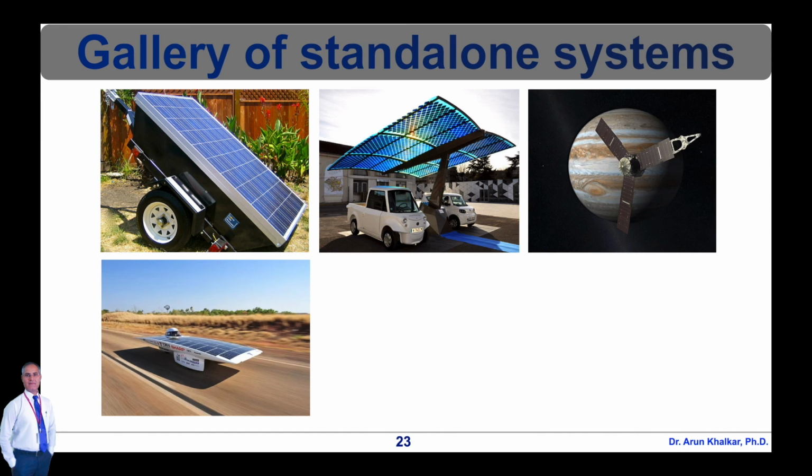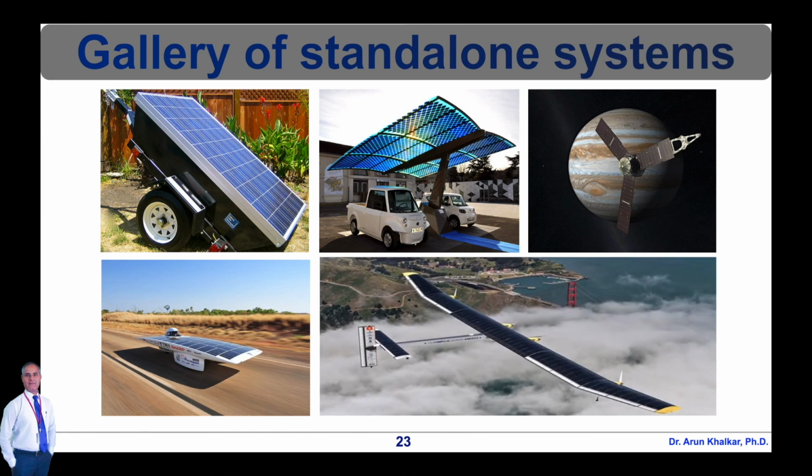Next is a solar car. A solar car is a solar vehicle used for land transport. Solar cars usually run only on power from the sun, although some models supplement that power using a battery, or use solar panels to recharge batteries or run auxiliary systems for a car that mainly uses battery power. Next is Solar Impulse. Solar cells are used on Solar Impulse, which is a Swiss long-range experimental solar-powered aircraft project. So these are the standalone systems shown in this gallery.